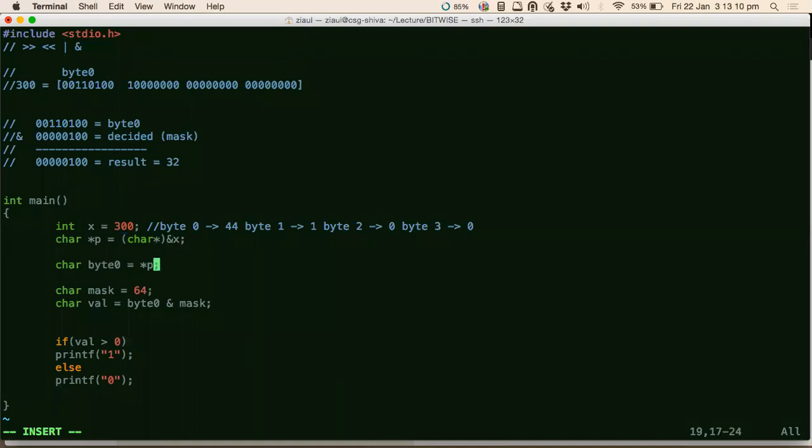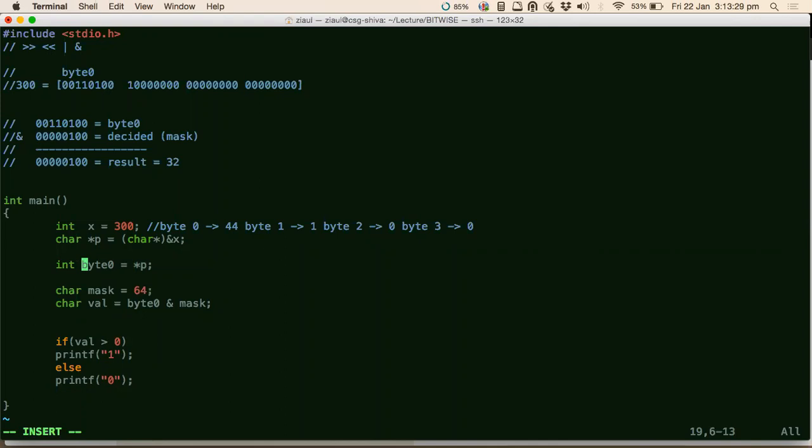Here, you mean this one? Okay, if you do this, there is an issue here, because this pointer is not an integer pointer. Sorry, it is a character pointer. So what will it give you? It will give you the first byte, and then you have to do a conversion here again. That's why don't do this.